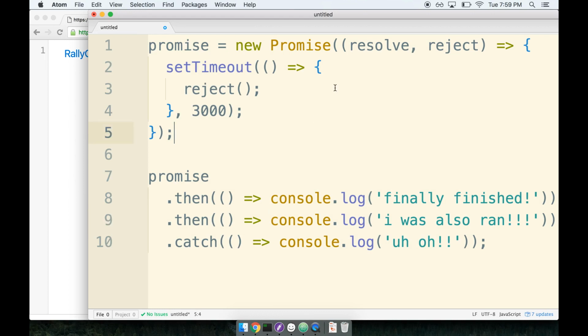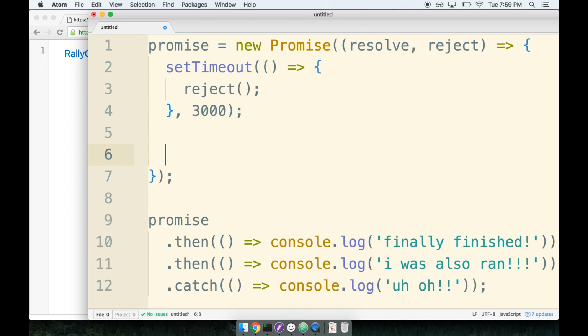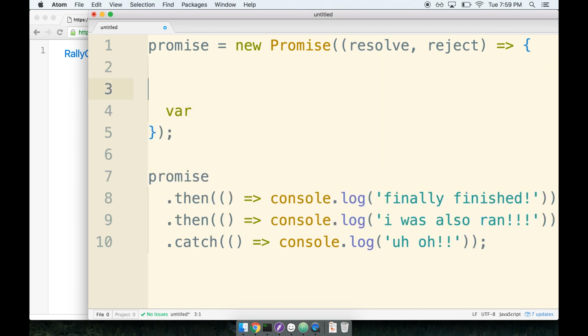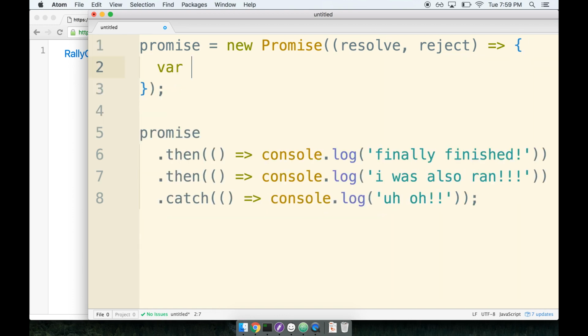So this is exactly how internally AJAX requests are handled with promises. Whenever we make an AJAX request, you would see something like, well, I'm going to just do some ad hoc ES5 code here. This is not necessarily accurate, and we're not going to execute this. I just want to give you a practical example. If our request is new XMLHttpRequest, I know I did a typo on that,